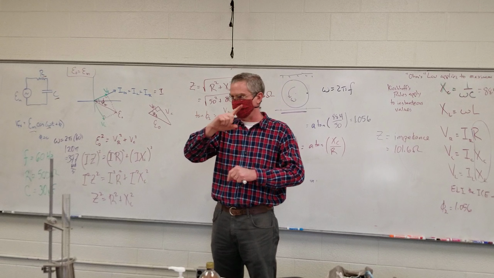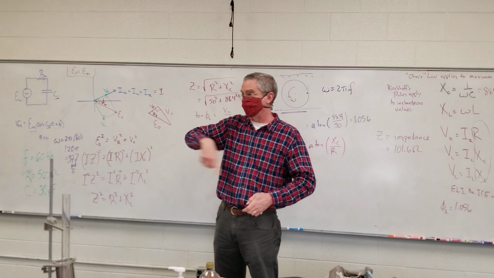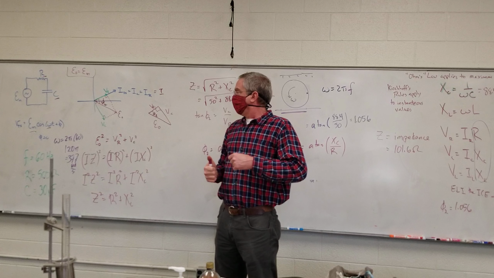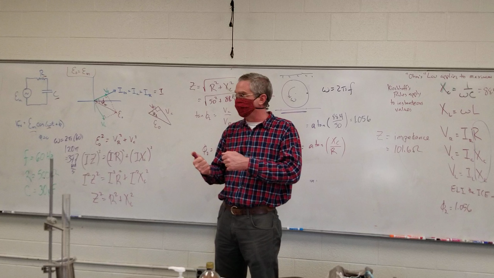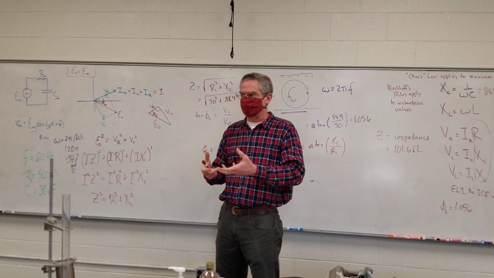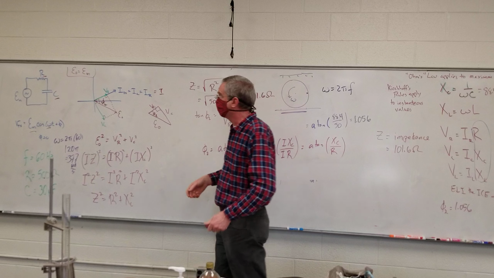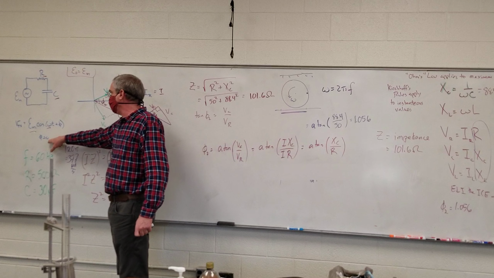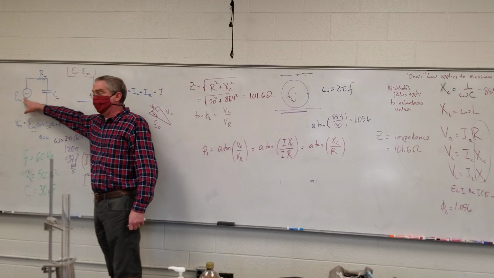Picture an arrow or dial, a spinner that's zipping around. At time equals 0, when we start the problem, the phasors have to be somewhere. It's not like they come into existence after we started the problem. They exist, we start the problem. This right here is telling where the phasor for the power supply is for